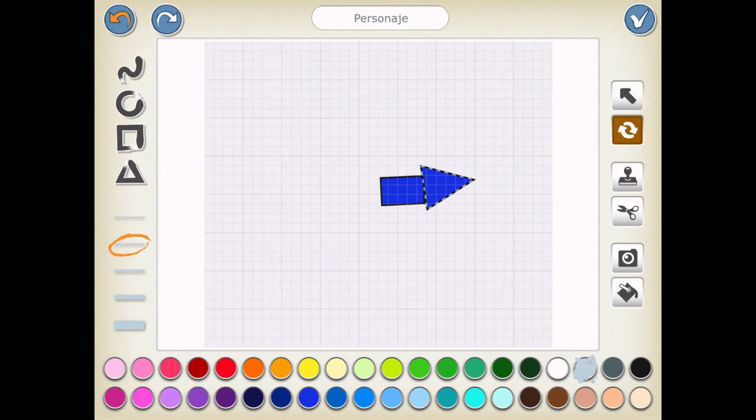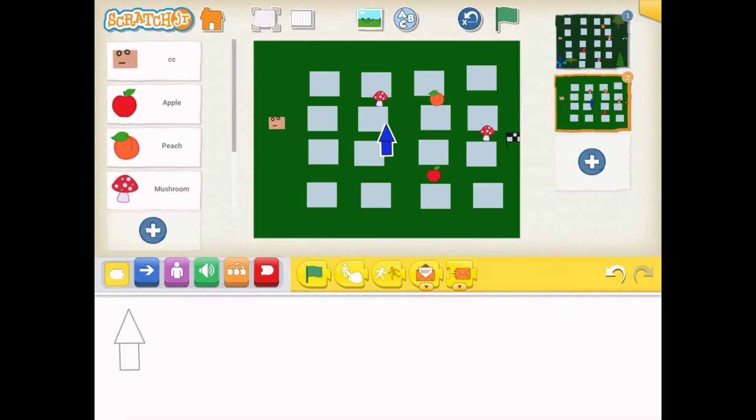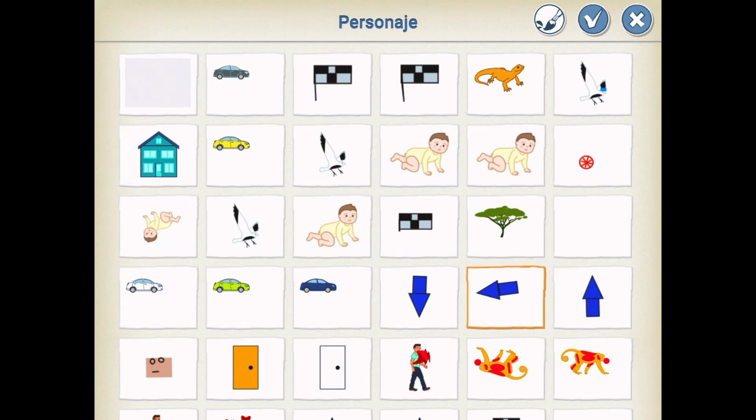Okay, I will move this a little bit. Okay, now a little bit forwards. Yeah, that's good. Now let's get this sprite, and now let's get this one, and let us get this other